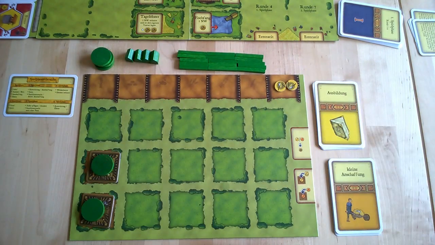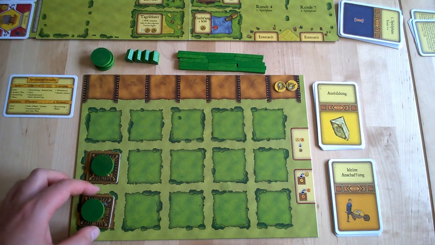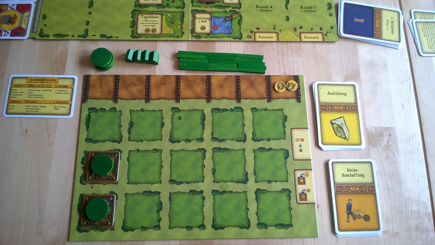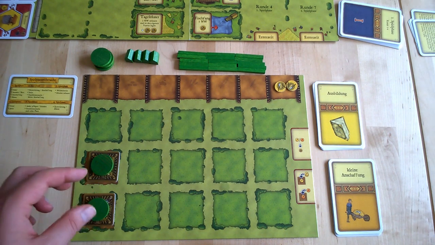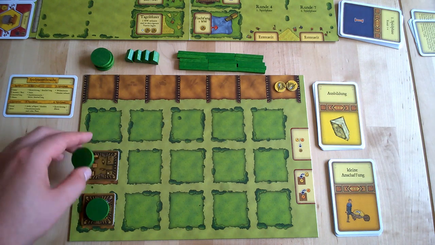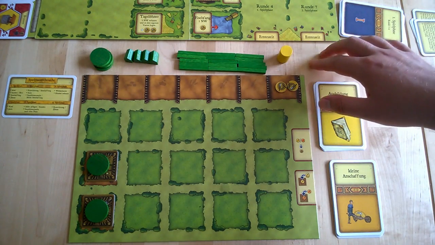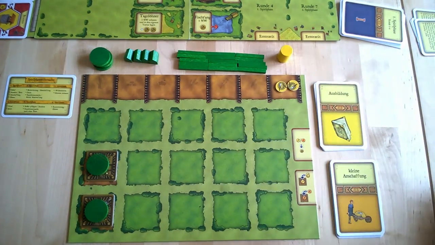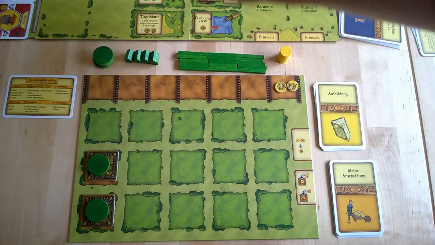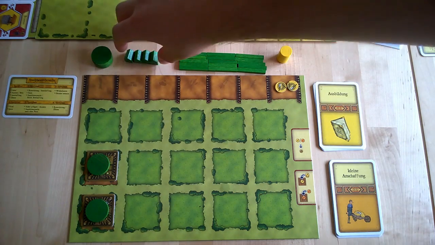Each player starts with a personal field containing 15 fields, of which 2 are already occupied by wooden rooms. Each player also starts with 2 family members, which are represented by those discs. Since the green player is the starting player, which is represented by the yellow token, he starts with only 2 food. Each player also receives a personal supply of 3 family members, 4 stables,